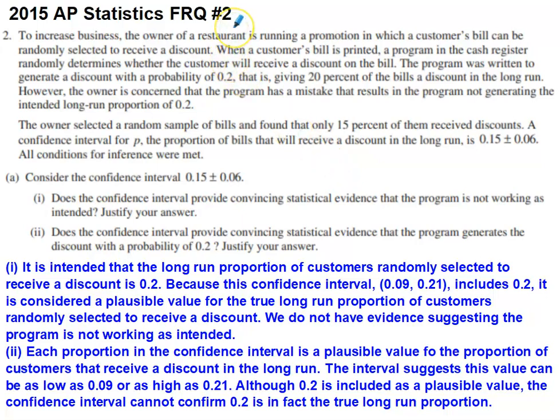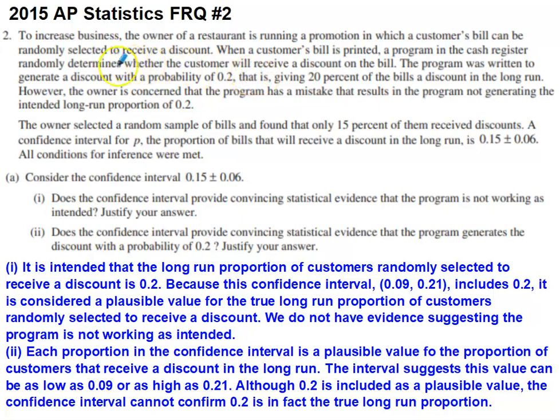So here's FRQ number 2 from the 2015 AP Stats exam. The situation that's presented is talking about a restaurant owner that's running a promotion. A customer's bill is going to be randomly selected to receive a discount when they check out. So they've got a program that's going to randomly determine whether or not the customer gets a discount on their